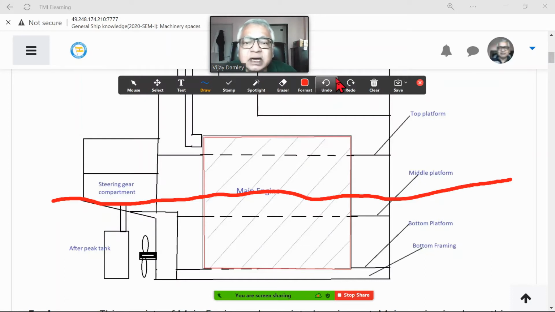Even diesel cars have a diesel filter which filters out impurities so that your engine can run smoothly without anything getting clogged. The same systems are here, but since they are on a large scale, they are individually controlled. In a car it is automated. Here it is automated, but there are manual controls. Lots of manual controls are there. So, along with the main engine, what we need: the main engine is to drive this propeller. The rudder is to direct the flow.